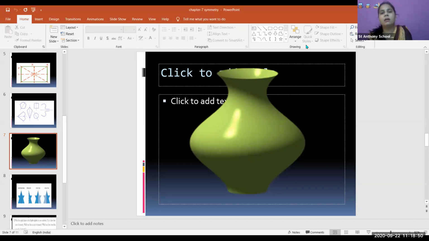Yes, good Aditya, Ahana, Aditi, Harsh, Siddhi, Lokesh. Good. The answer is right. Yes, Jaising. We can draw only one axis of symmetry from this part, because this part gets exactly overlapped on this part, right? So this is known as reflectional symmetry, and this is known as the axis of symmetry.